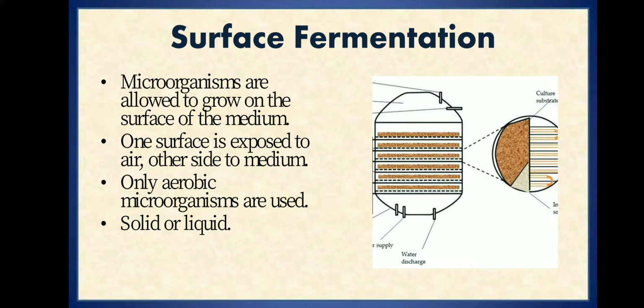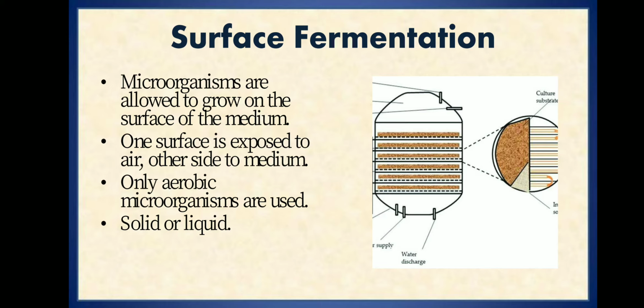In surface fermentation, the microorganism is allowed to grow on the surface of the media, wherein one side of the organism will be exposed to the air and the other side of the organism will be exposed to the media. Now surface fermentation is further subdivided into solid culture or a liquid culture based on the culture medium that we use. The 20% of the world's citric acid production happens by using surface fermentation, where the liquid media is